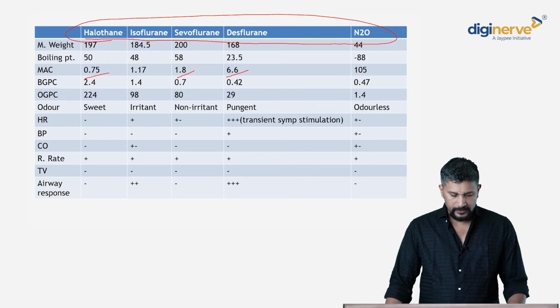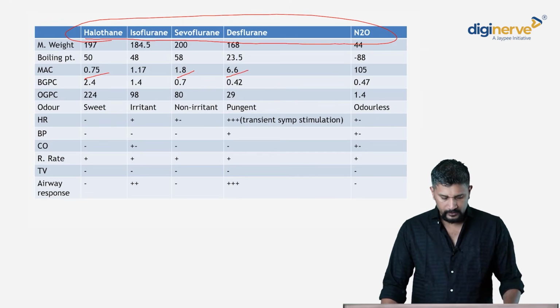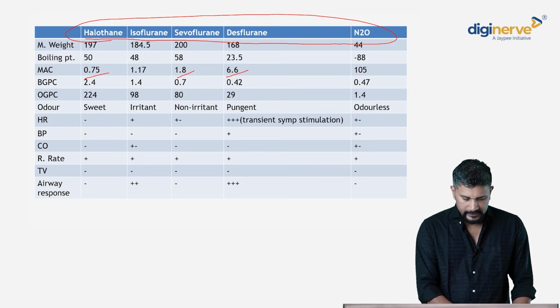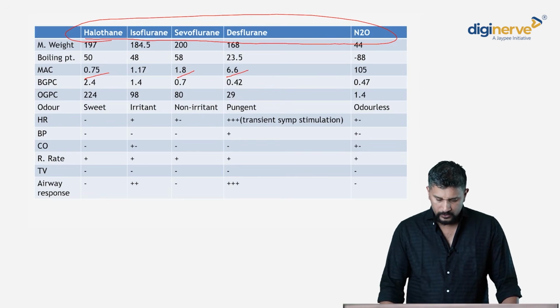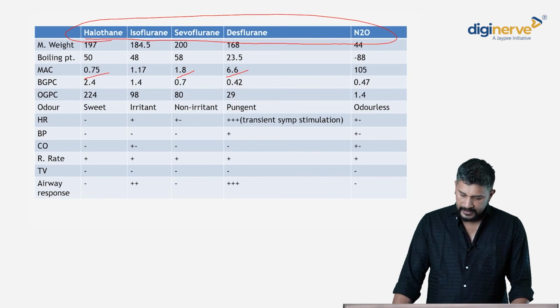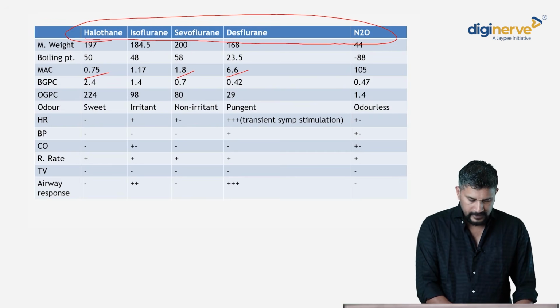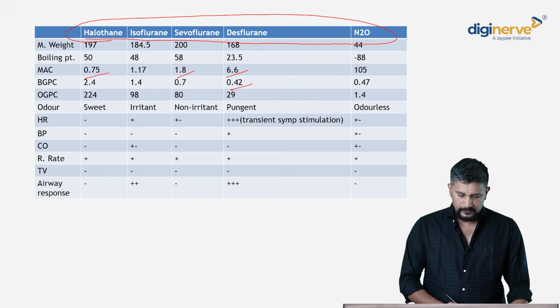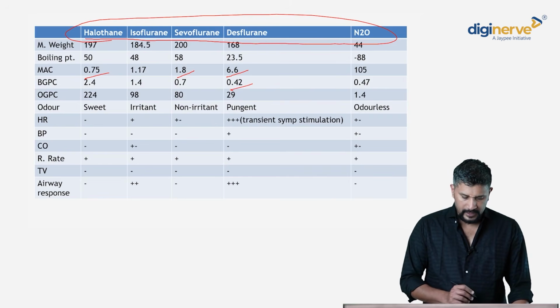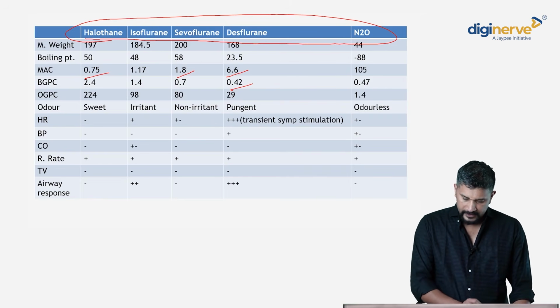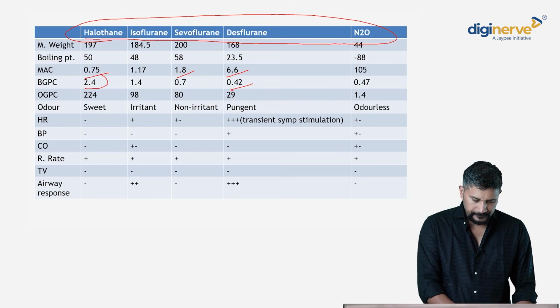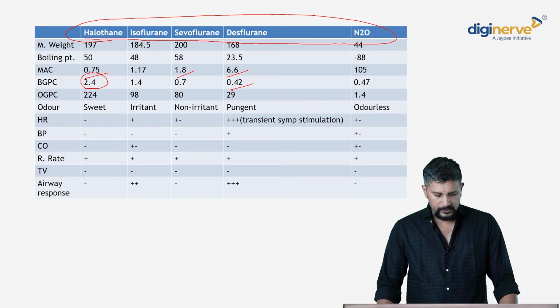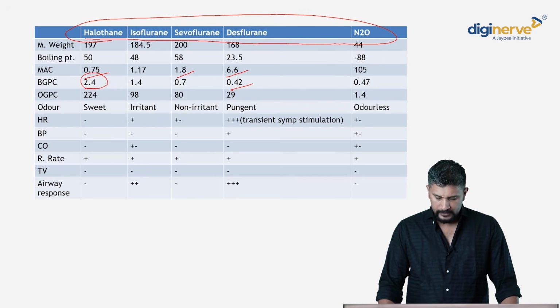Again, your MAC value, because of the different potencies of these agents, tends to increase from halothane across to desflurane. The blood gas partition coefficient of desflurane is 0.42, and therefore, amongst the fluorinated agents, this is the most rapid acting. Your blood gas partition coefficient of halothane, like we saw earlier, is 2.4 and therefore it has the slowest